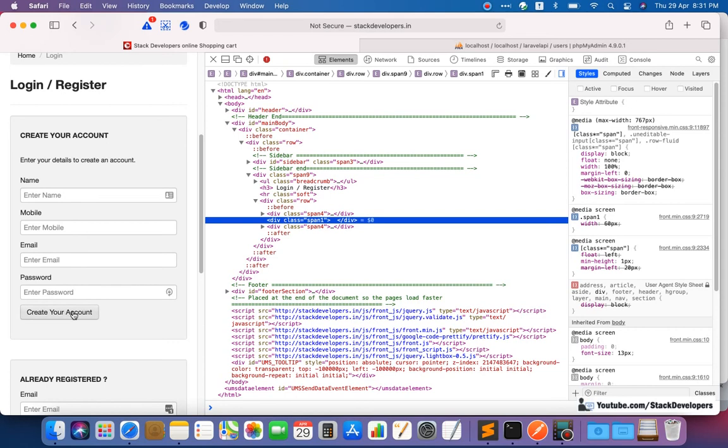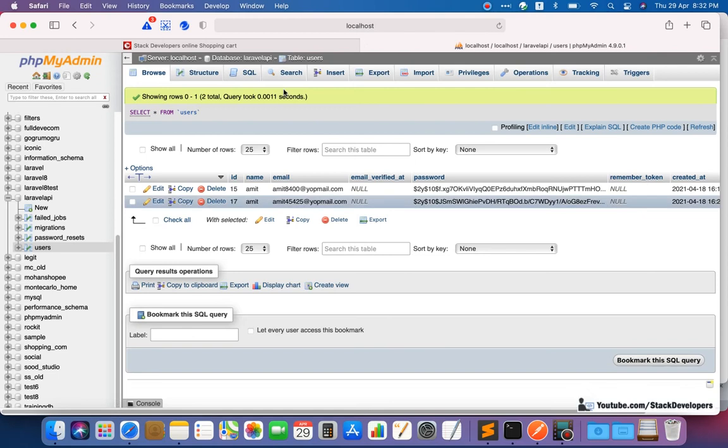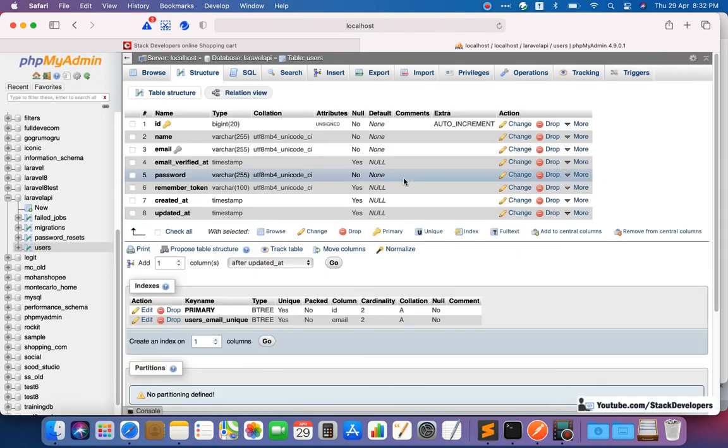Every time a user is registered, we are going to generate one token for the user. It's the responsibility of the backend developer, like the Laravel developer, if Laravel is used as the backend. So we are going to generate one token for every user and store it in our table. I am going to add one column here.